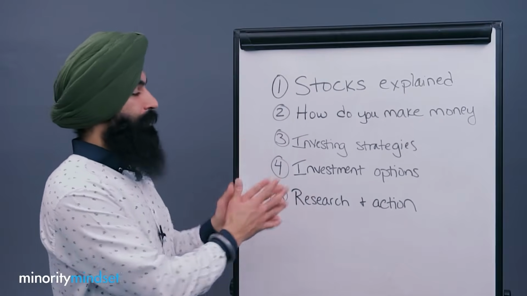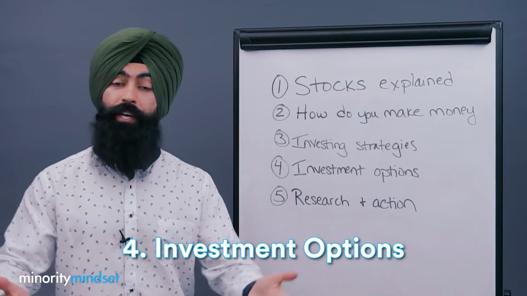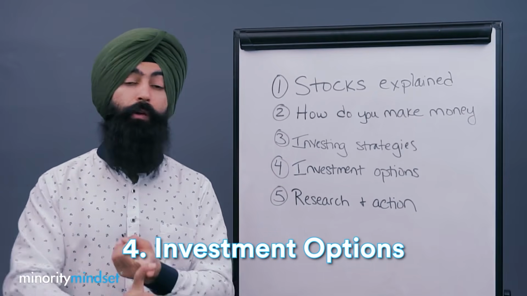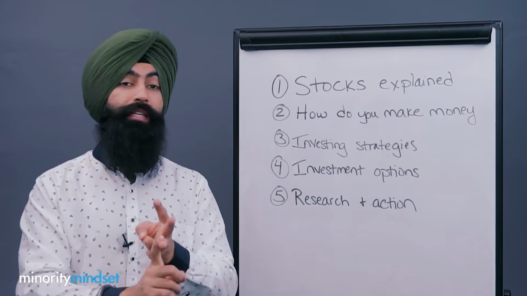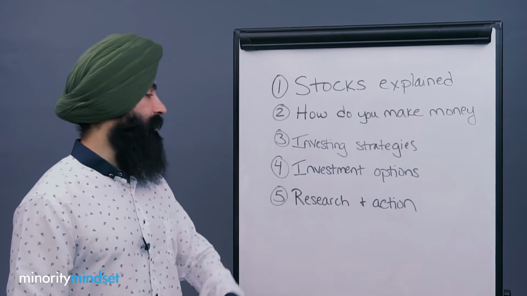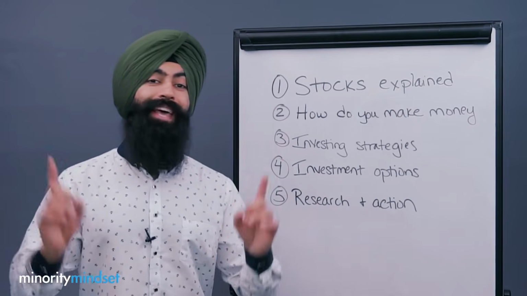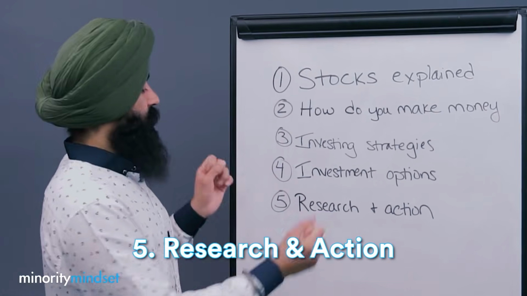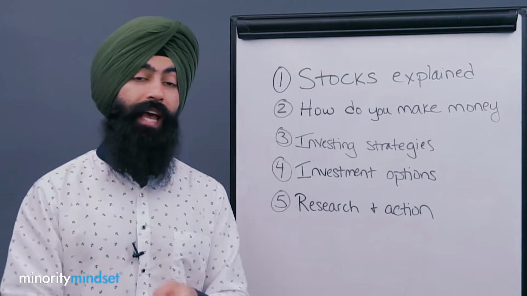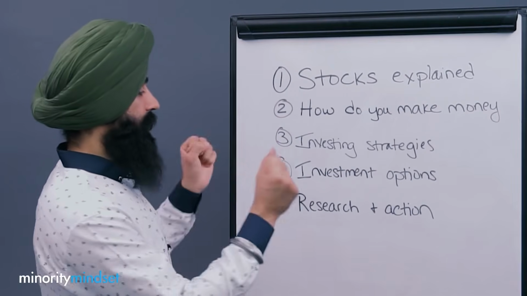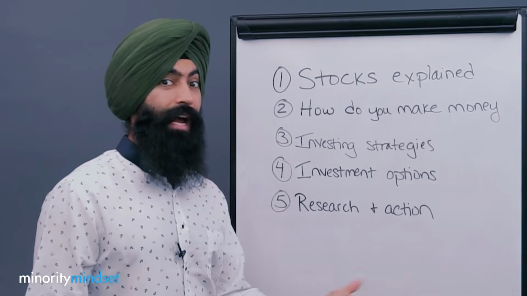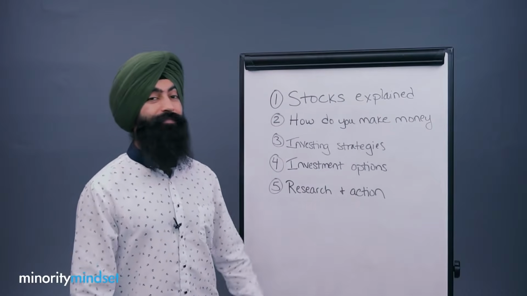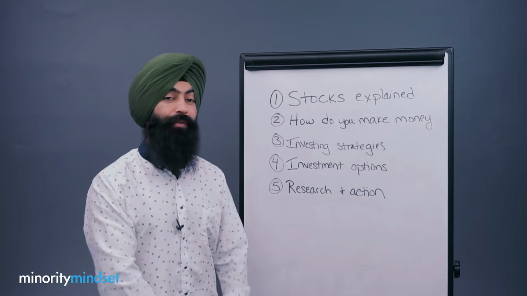Then I'm going to be talking about some of the different investment options you have. You might have heard people talk about things like growth stocks, blue chip stocks, REITs. We're also going to be talking about mutual funds, index funds, and ETFs. And then we're going to wrap it up by talking about how do you actually research the stocks and take action. So this is looking at things like 10Ks, 10Qs, researching stock charts. This is where you actually are making the money because now you're taking action. I'm going to be going over these 5 things in this video, but before I do that,